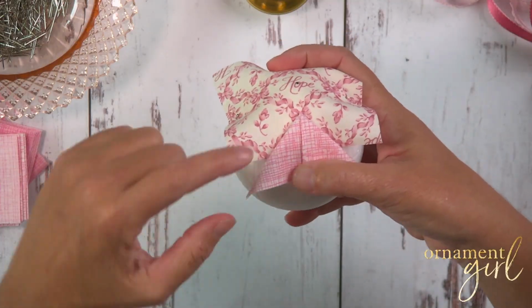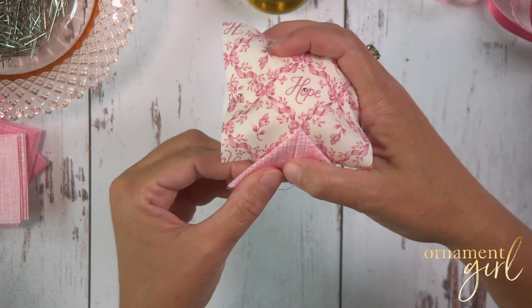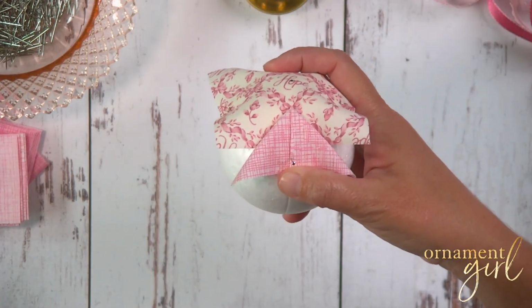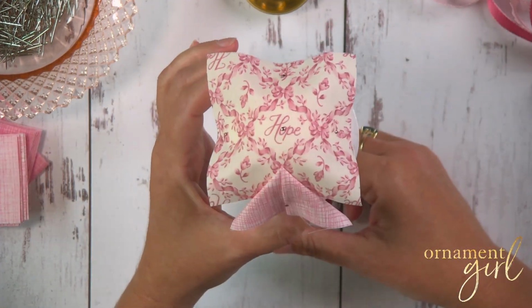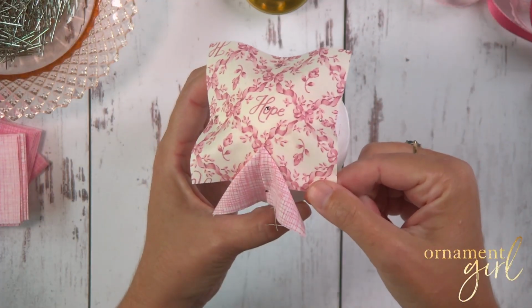And then we also want that line that we've created to align with that line on the foam below. If we follow these lines throughout the whole ornament, it will help us keep everything really nice and straight. So I'm going to go ahead and pin this at the bottom now. One pin should hold down both sides together, and we've got our triangle pinned in place. For now, I'm going to leave the ends of these free. We're going to put 4 pieces on, and then we're going to try to tidy up these corners